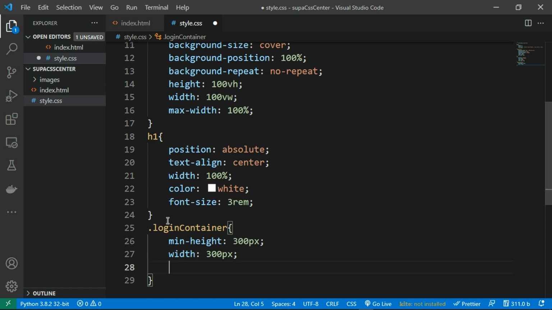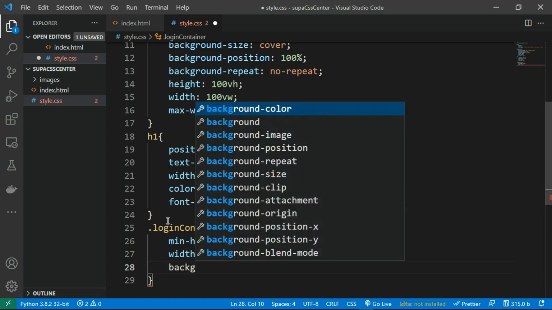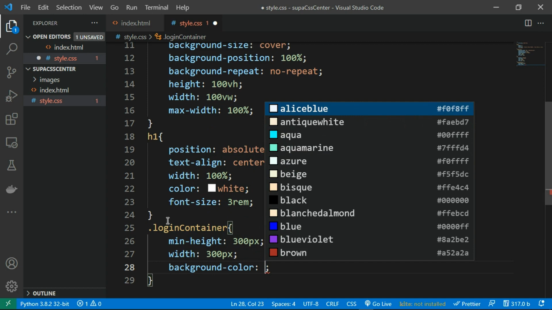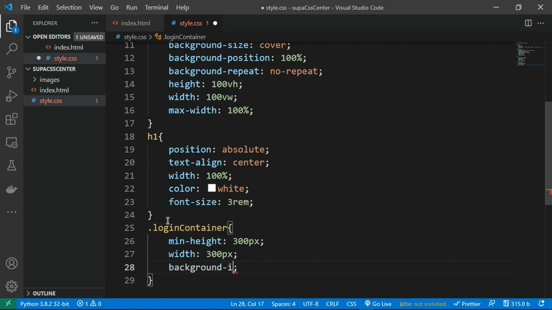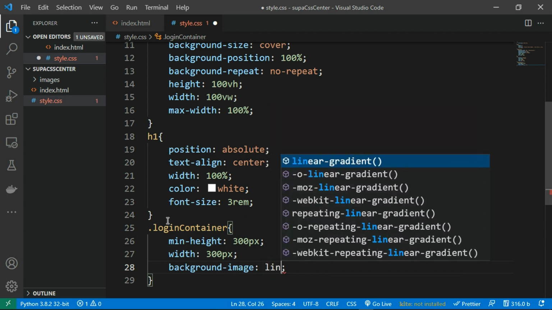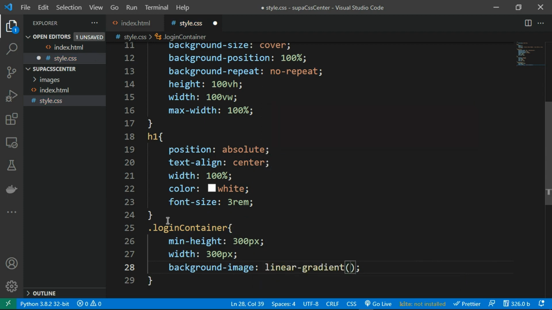Then we'll give it background color. We want to add a linear background, so it should be background image. Now we give it linear gradient. Then we say to right, it should start from the left to the right, and then